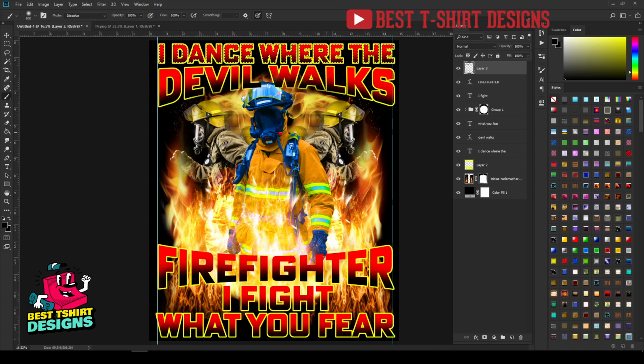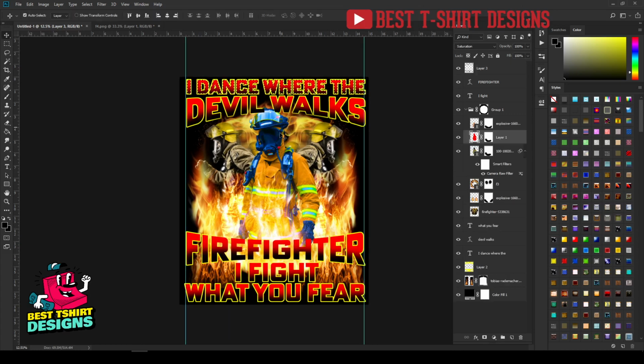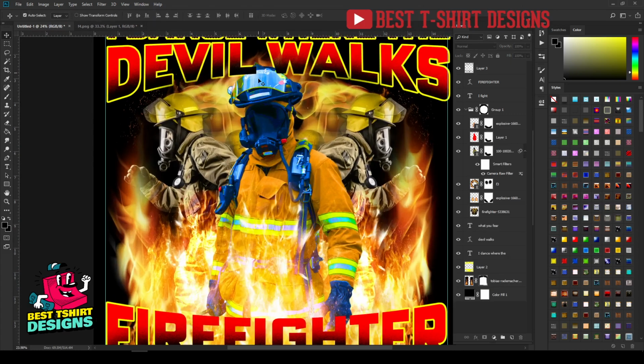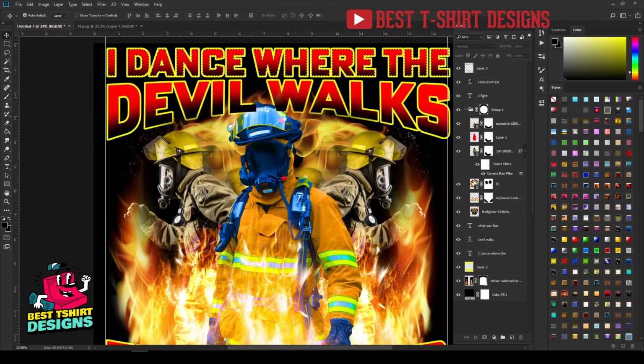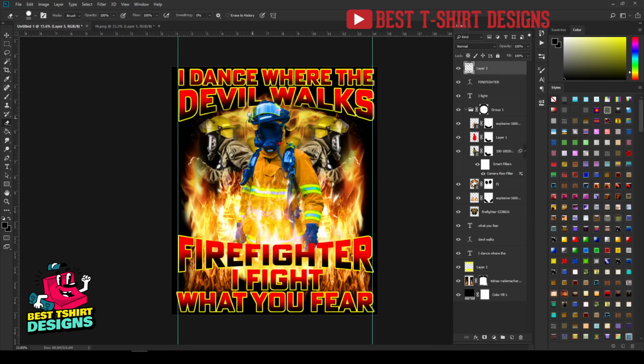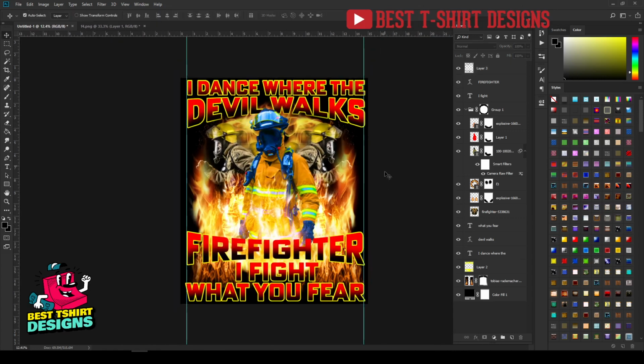That is fine. Now one small problem here, you can see this black layer is not looking very good on top of my firefighter. So how to fix that? If I select my firefighter with Ctrl clicking on that layer, you can see it is going to make a selection. And now on this layer where I painted the black, I want to simply erase it. Let's not do anything else, just erase it, and that will make it look like the firefighter is on top of everything. This is fine, no problem.